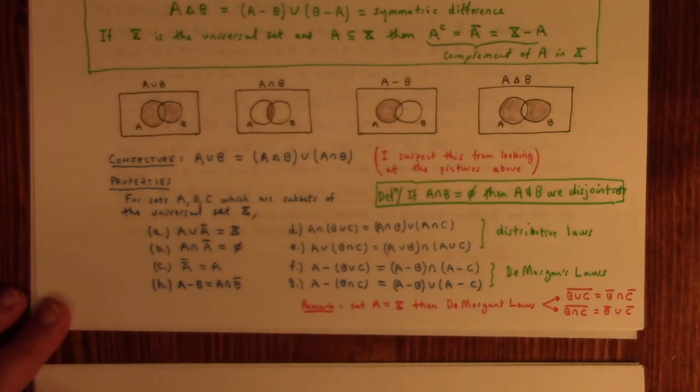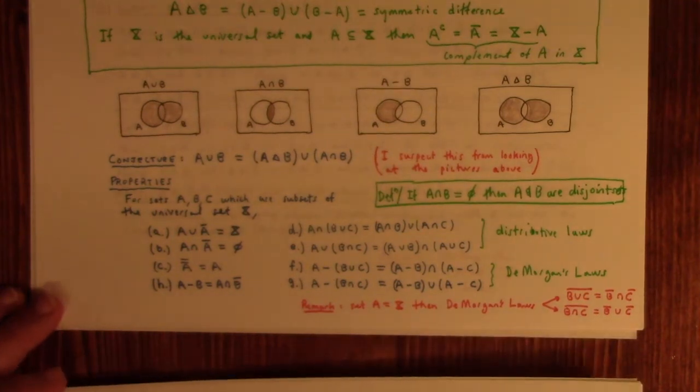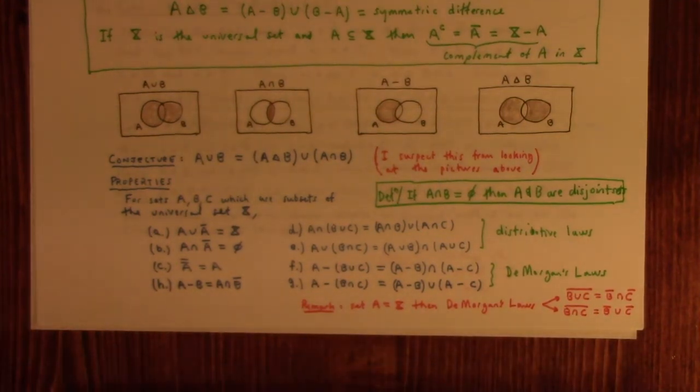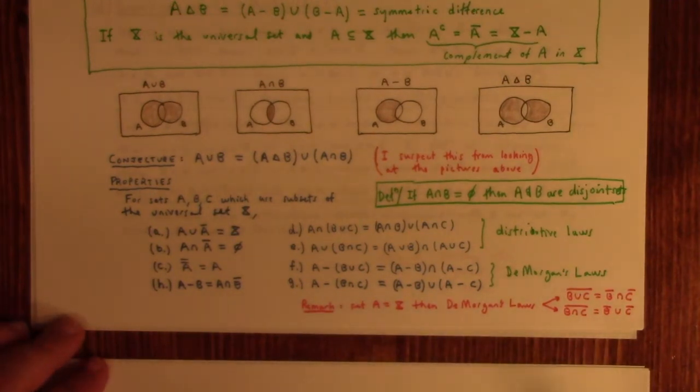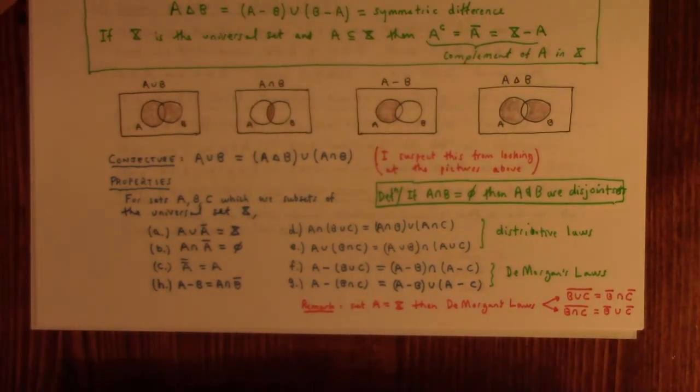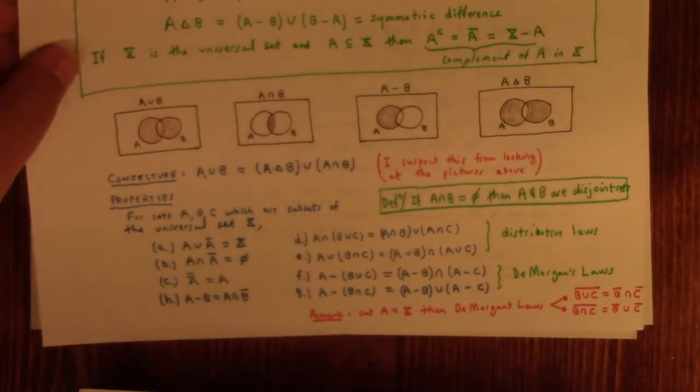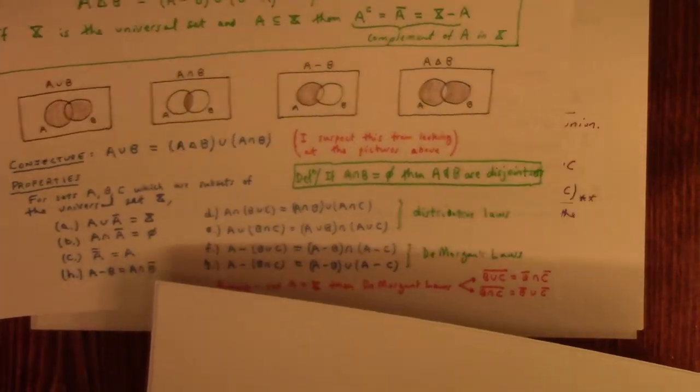I personally first learned this when I had a course in digital logic design, where we did these sorts of things with a heavy emphasis on digital, like ones and zeros and such. In fact, in the world of digital logic design, the union becomes a plus and the intersection becomes multiply. So anyway, that's kind of off the beaten track for this course. Let me get back on the